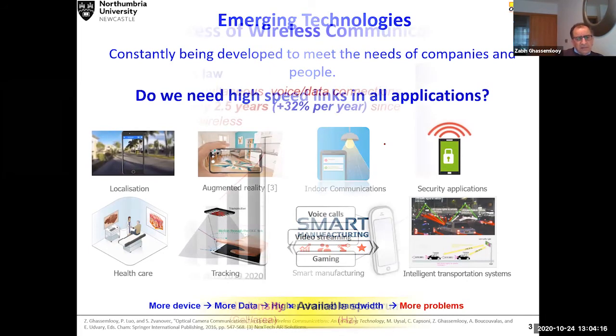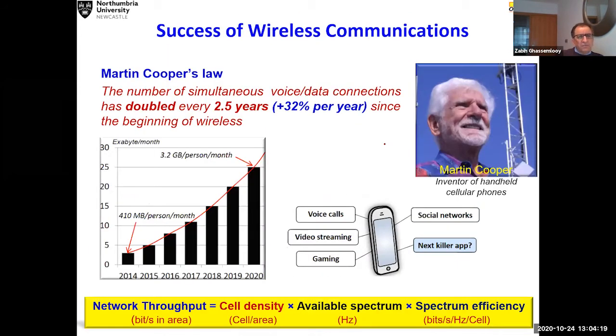And then we have to understand it within a framework of theoretical tools that we have, which have been developed over the last 120 years or so. And the famous one is Martin Cooper's, who is a Swedish scientist, who predicted that voice and video connections can double every 2.5 years. And if you look at the trend, you can see that it is an exponential increase in the data rate against the year. And this is what we were saying the devices would generate. So if you have a telecommunication network, it is going to deal with this sort of thing.